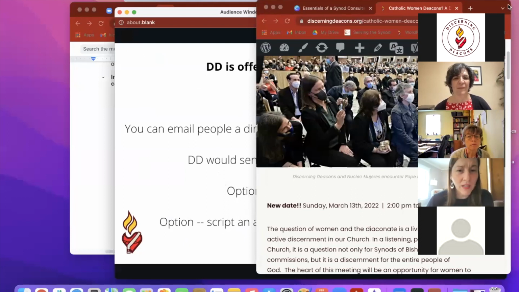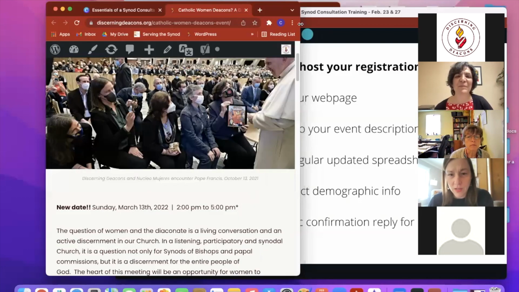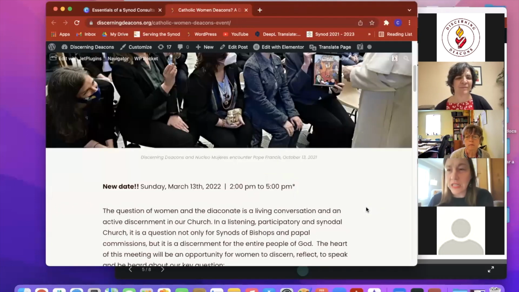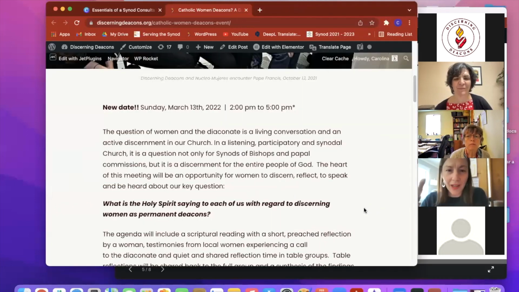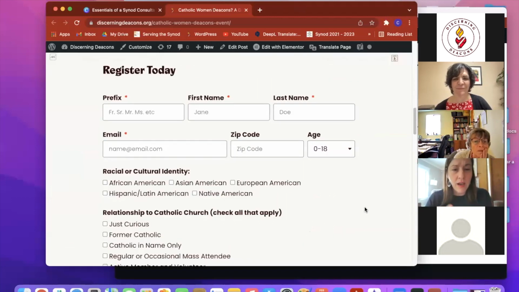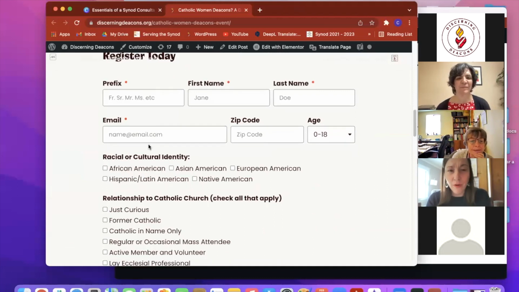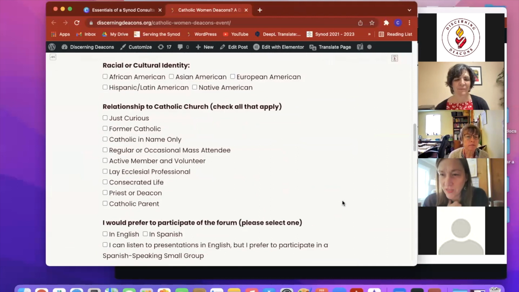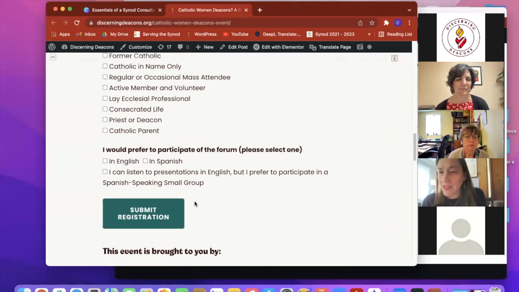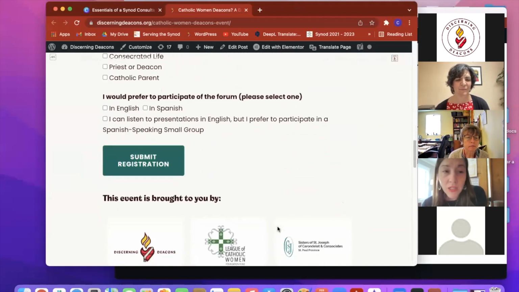We can look. Okay, here we go. Great. Yep, there's mine. And what's cool about it is right on the registration is all the information. It's sort of like an electronic flyer. And if you scroll down, it captures all the basic information. But you'll see, I actually put some demographic information in there too, like what's your relationship with the church, things like that, things that I knew would be helpful to put into a